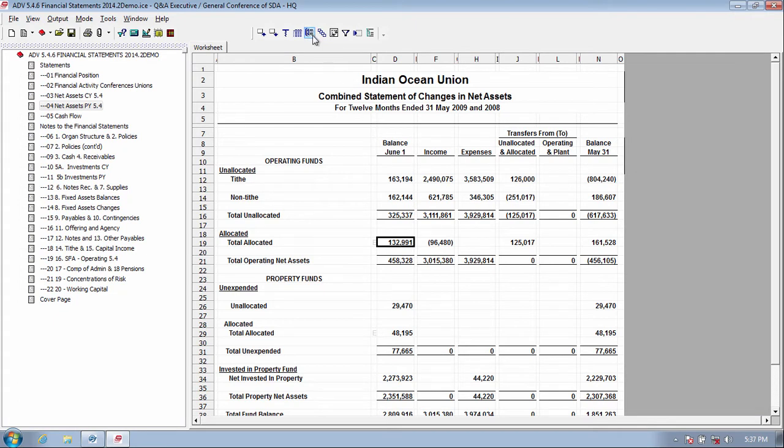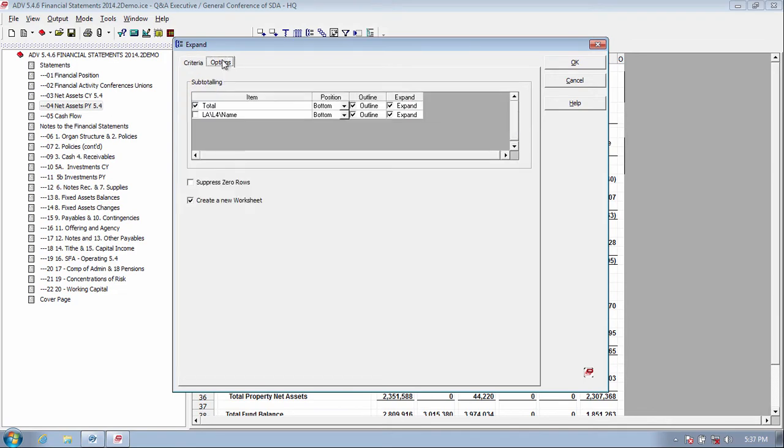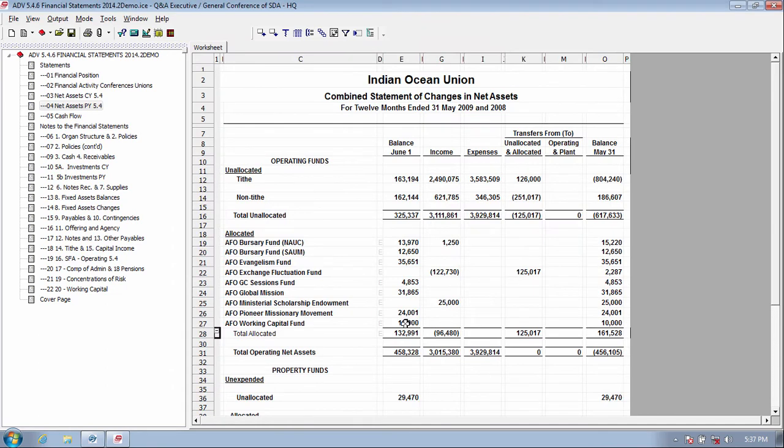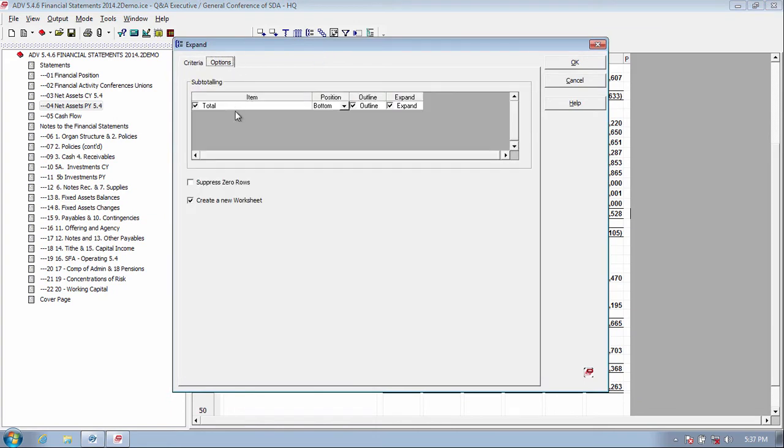Learn from my mistakes. Specify. Okay. Function. Function name. And then remember to come over here to options, create a new worksheet, and uncheck that. Okay, and the expands are getting good here. Let's see, we've got to expand. There's a little E right there if you can't see it. So we expand, specify, options before I forget,